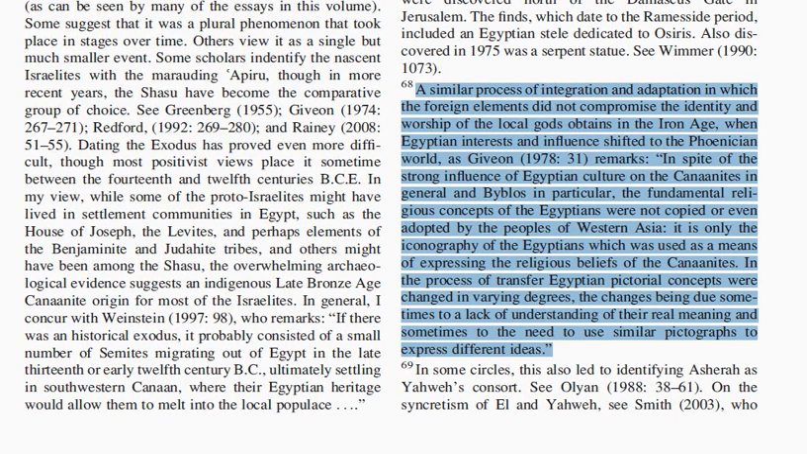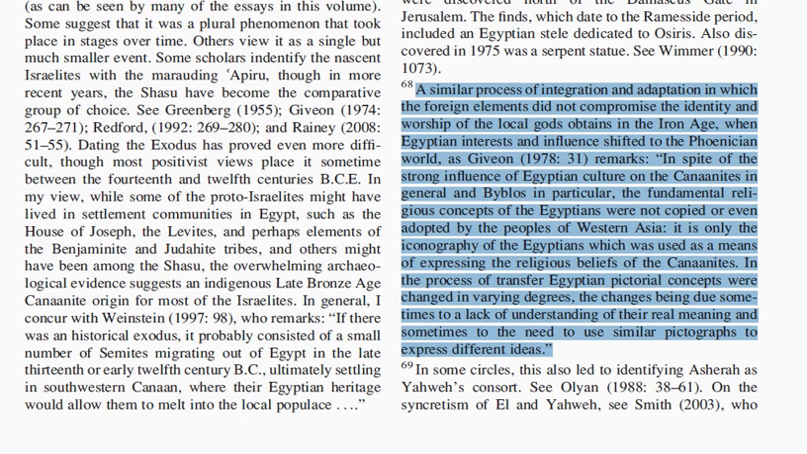A similar process of integration and adaptation, in which the foreign elements did not compromise the identity and worship of the local gods, obtains in the Iron Age, when Egyptian interest and influence shifted to the Phoenician world. As Giveon, 1978, page 31 remarks, in spite of the strong influence of Egyptian culture on the Canaanites in general, and Byblos in particular, the fundamental religious concepts of the Egyptians were not copied or even adopted by the peoples of Western Asia. It is only the